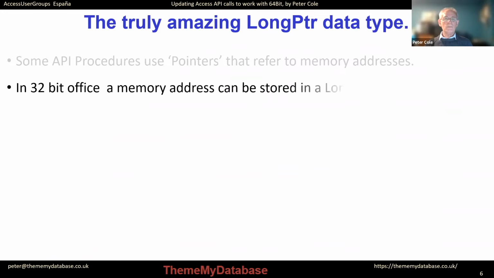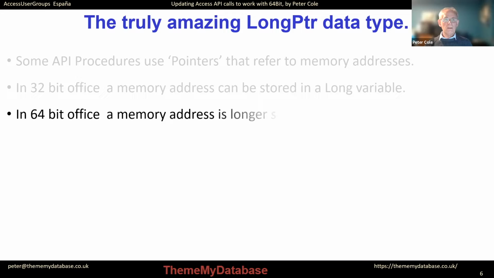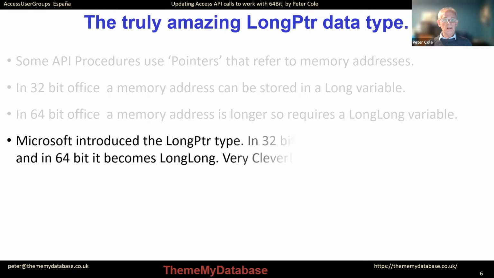Now, to get around the problem of 32-bit and 64-bit memory addresses being a different size, Microsoft introduced the LongPtr data type. In 64-bit Office, it becomes a LongLong, and in 32-bit Office, it becomes a Long. So you don't have to worry about writing code which changes between the lengths of variables, because LongPtr will